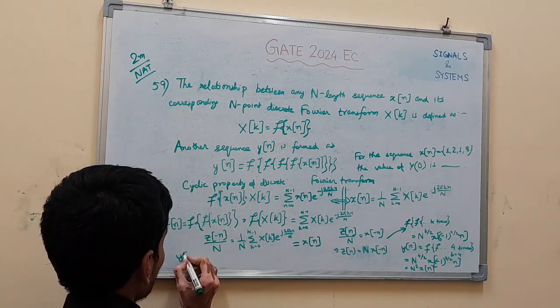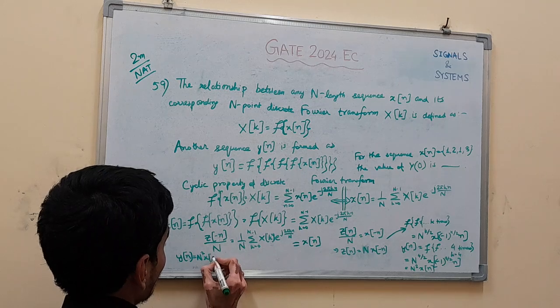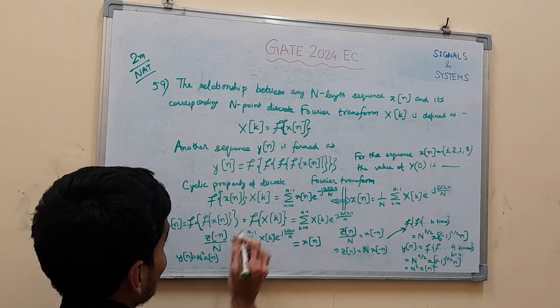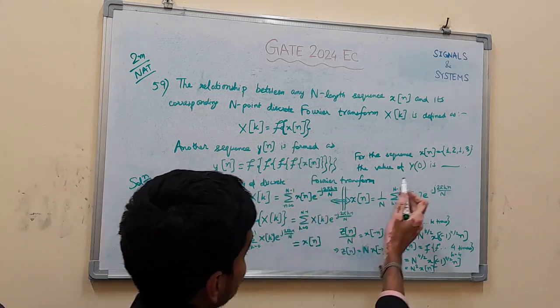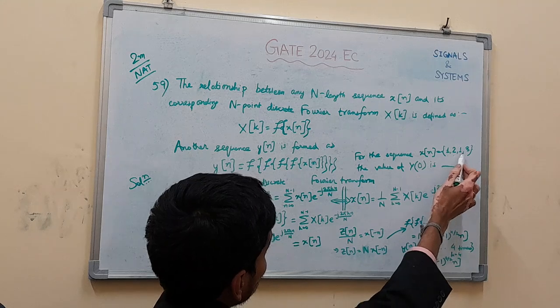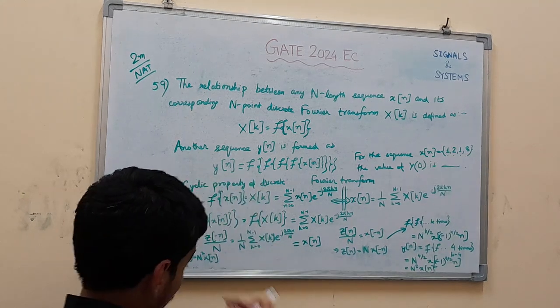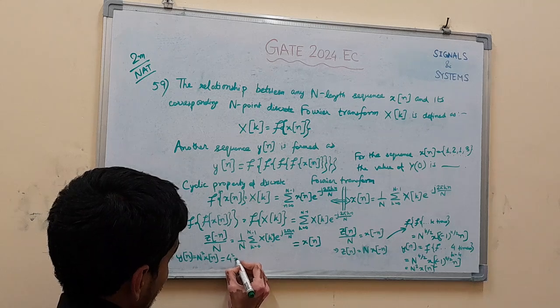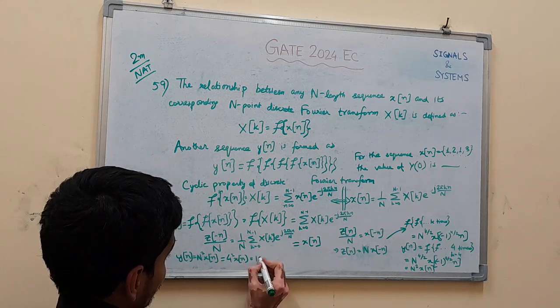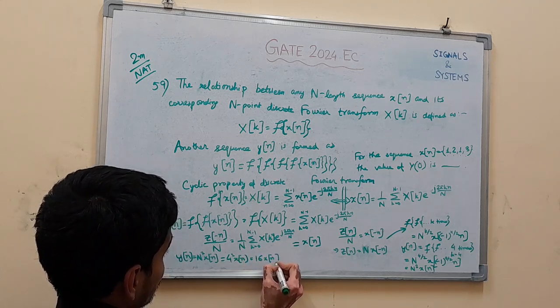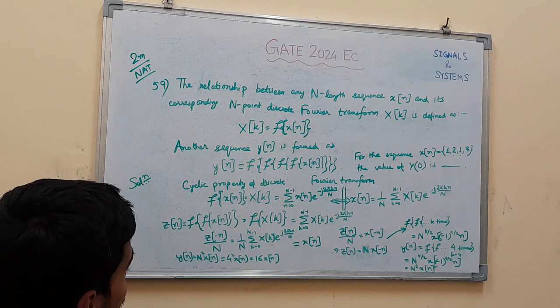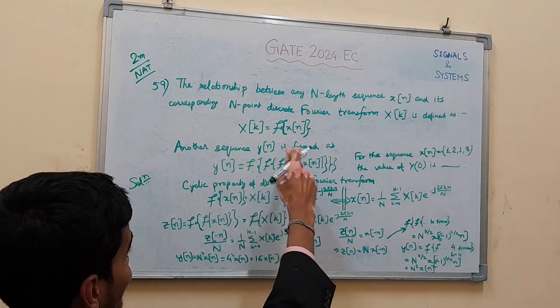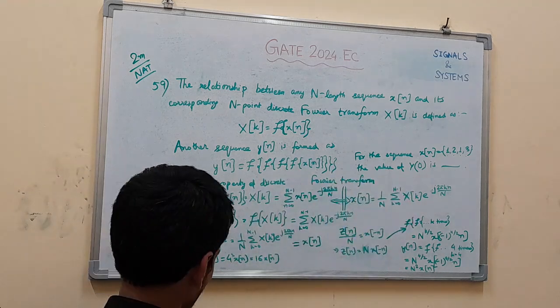तो हम लोग इससे लिख सकते हैं कि y of n equal to n square x of n। यहाँ n मतलब length of the sequence, length of the sequence here given is 0 1 2 3, so 4, so it will be n square, मतलब 4 square times x of n, that is 16 x of n. Now finally what we need to do, finally we need to calculate y of capital Y of 0, which is nothing but the